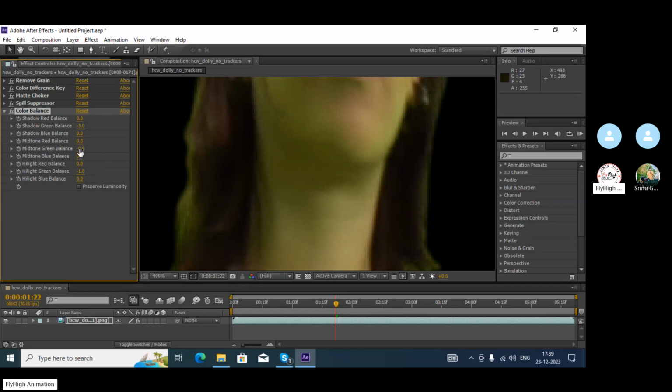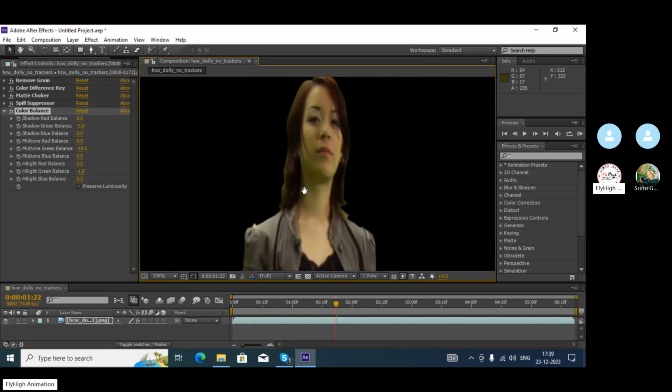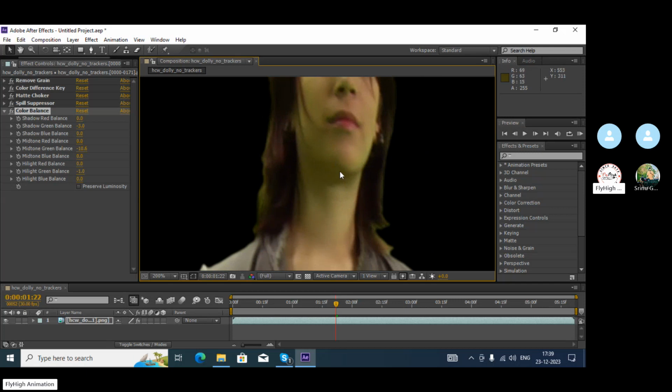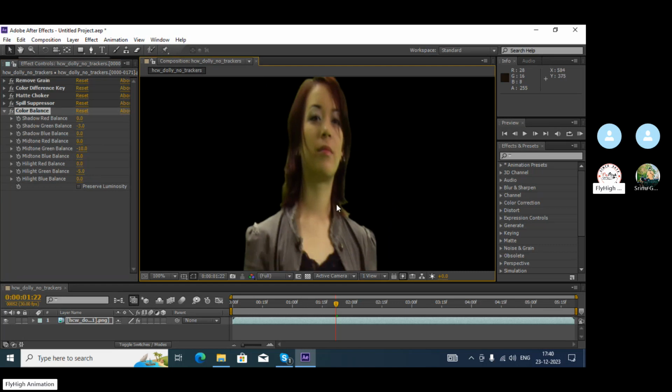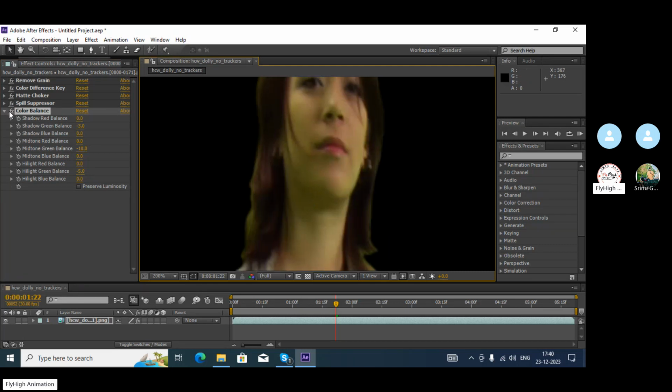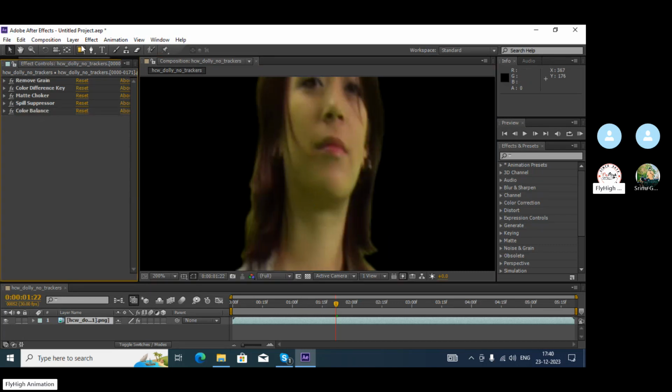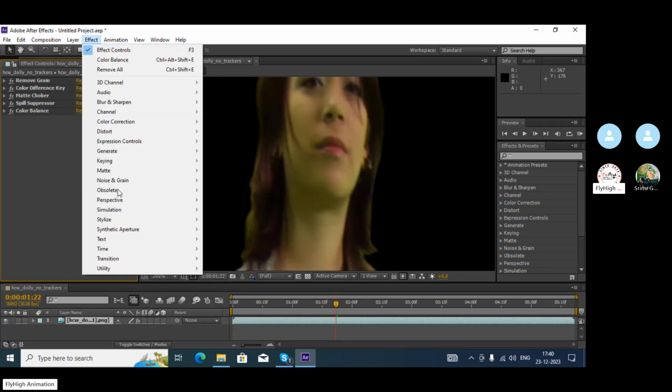Here also I'm going to decrease the green value a little more. See now, slowly the green was removed and it is converted to orange shade. Okay, so just go with the exact 10 value here, -10, and here -5 something. So now we can work out with the other values like effect, color correction,